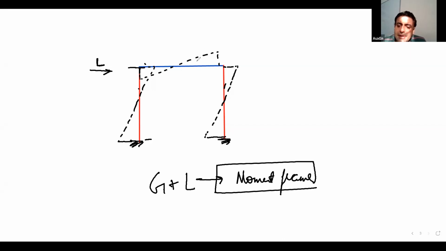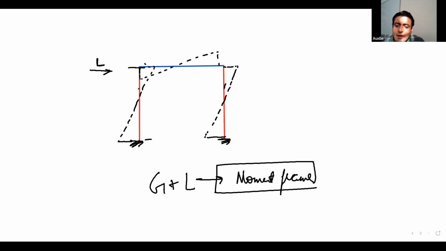Mr. Prashant is asking, in case of pin support, does the moment become higher? Higher where you are asking? You mean higher at the column top? Yes, it will become higher, because there is no movement at the base now, so everything gets shifted up. So it does get higher.